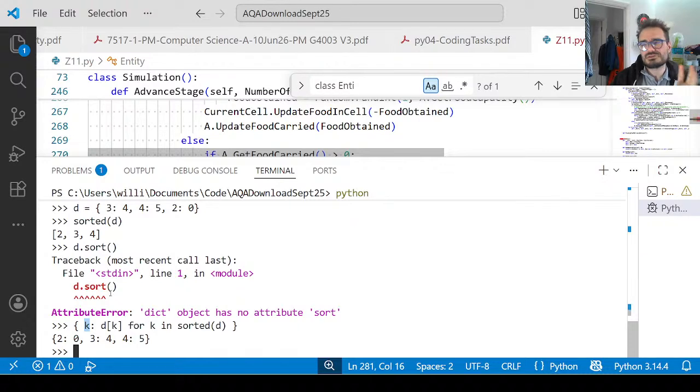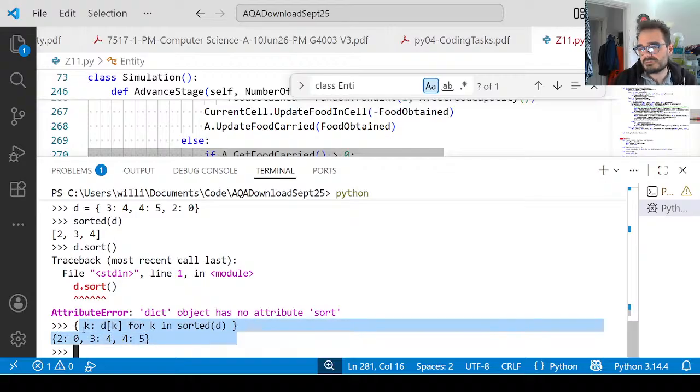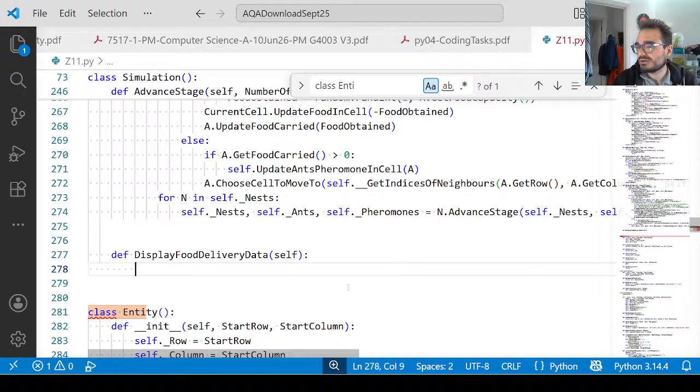Let's not sort them, because ultimately we want to please the marker, and I think this might confuse them, but maybe I'll just keep it. I'll maybe comment it out, something like that. Right. So let's just do